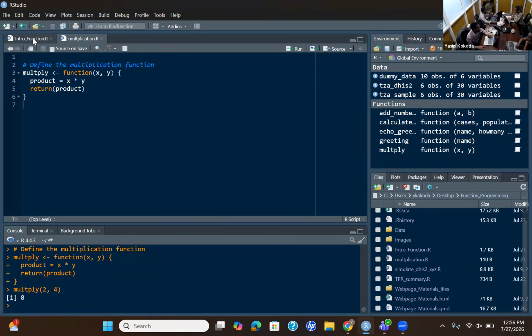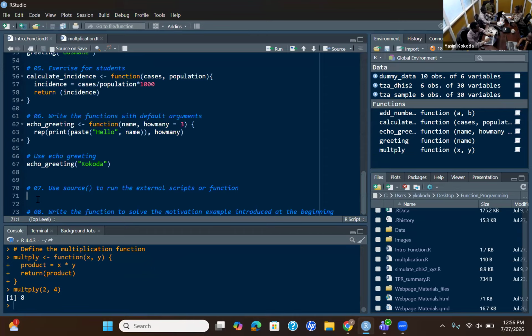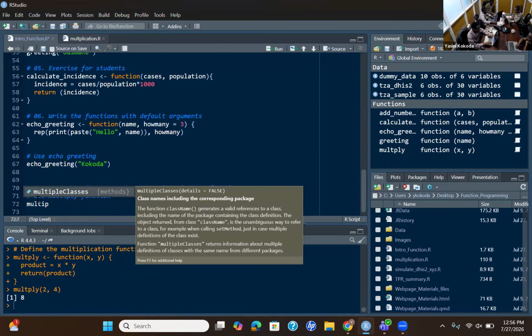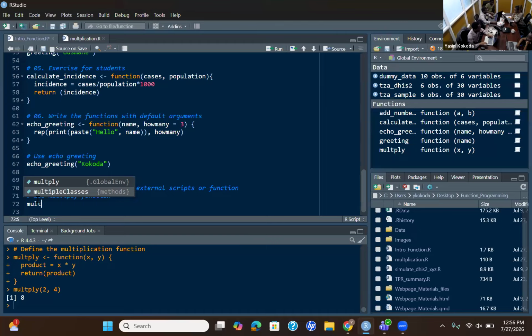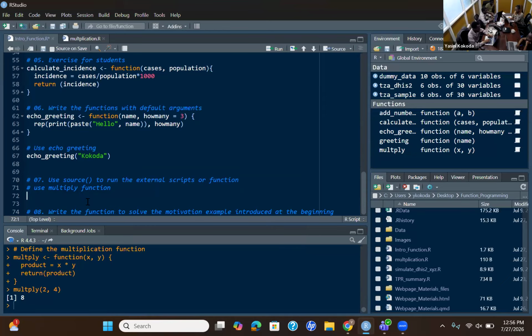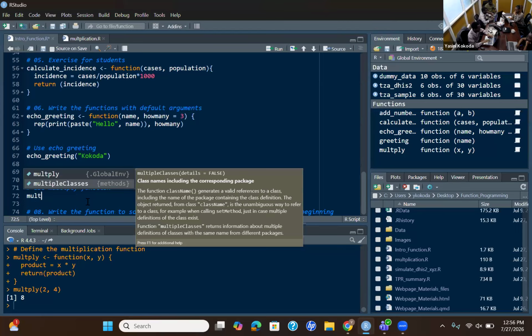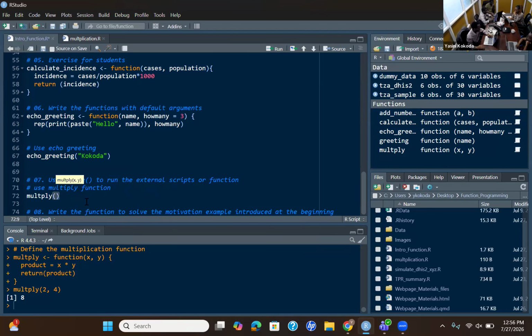It multiplies any two numbers. There is multiply here in the global environment.